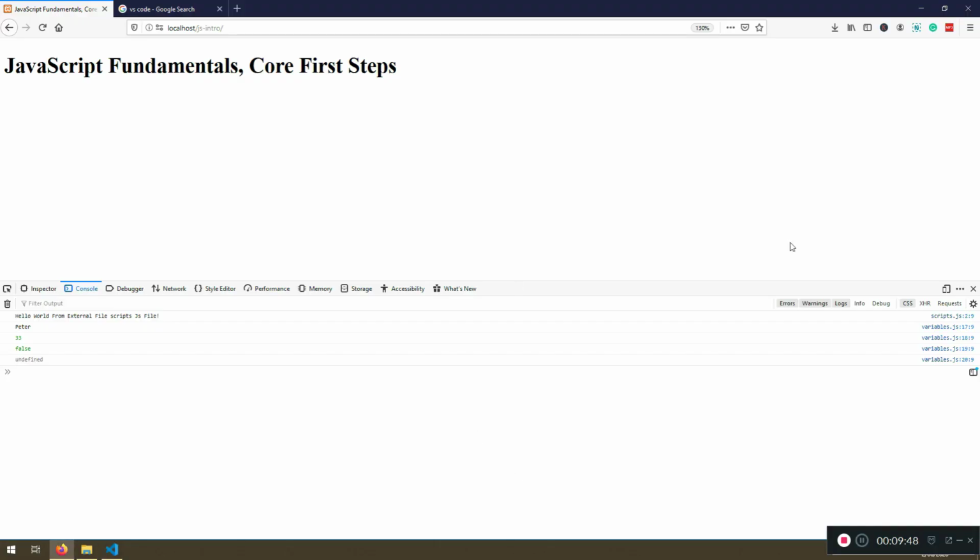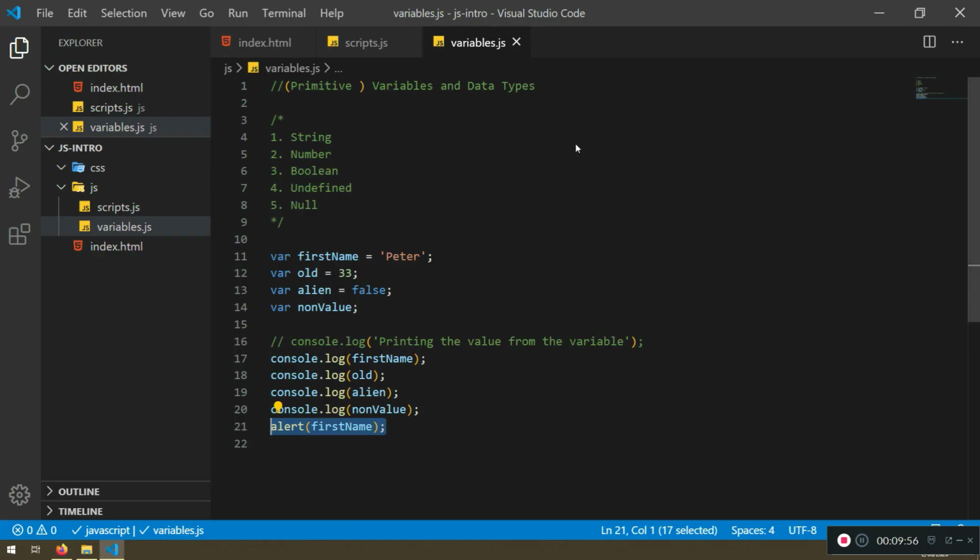Sometimes when the user clicks something, you want to alert them and say, okay, don't do this because you're going to delete this data permanently. That's why the alerts are there, and we're probably going to use them in our future lectures. But this is how you can alert. This is how you can console log, which I prefer. There's one more where we can prompt these things from the user, but we're going to do that one later. So now you know how to do the alert, console log, and you learned about primitive variables and data types